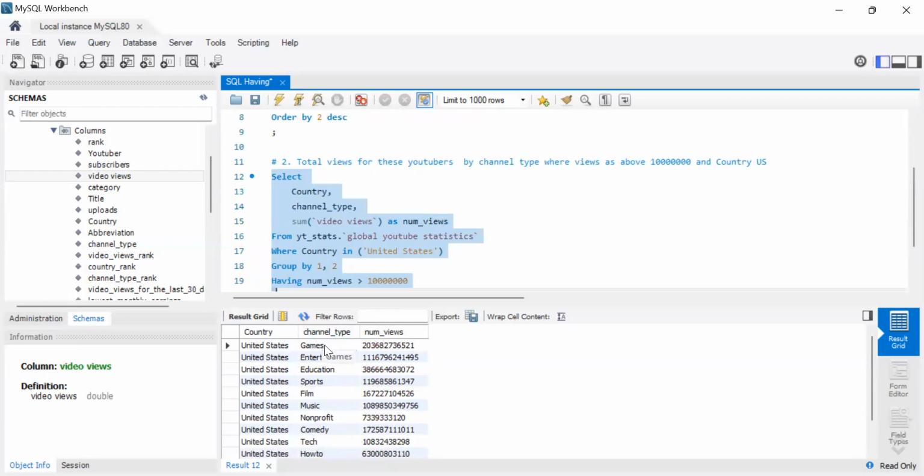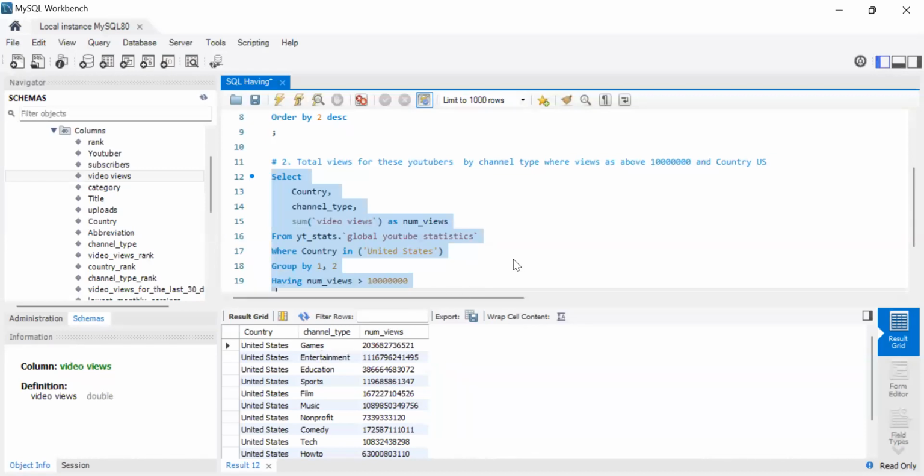So if United States had, let's say, 100 million views, when you break it down, they're smaller portions. So someone has like 5 million and about 200 views, and so on. Now it's that breakdown of United States plus the channel type, those two combined, who's above 10 million. But if you wanted to get like the channel type,